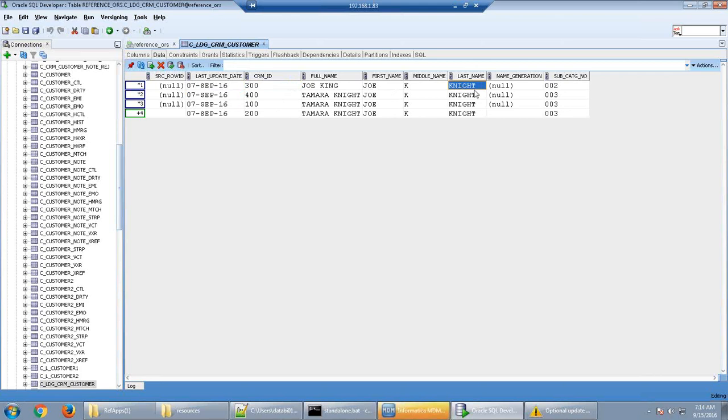First, we'll remove the last name for two of them, because we want to match the data based on these two columns, first name and last name.